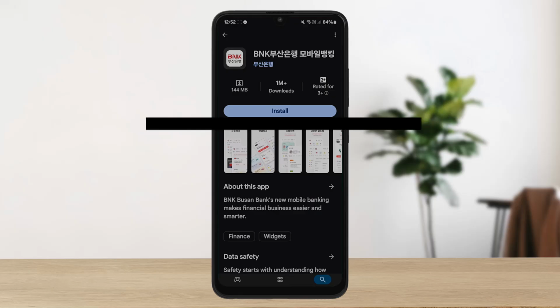In this video today, I'll guide you through steps on how you can find the SWIFT code for Busan Bank of South Korea. Be it that you wish to get the SWIFT code for Busan Bank of South Korea or any other banks around any corner of the world, I'll be guiding you through the quick steps to get the SWIFT code for any bank.